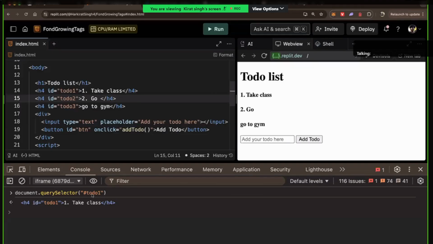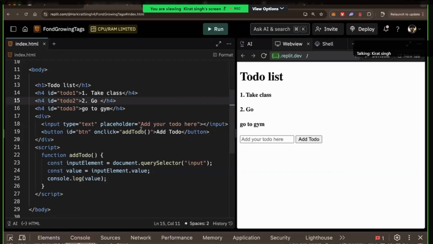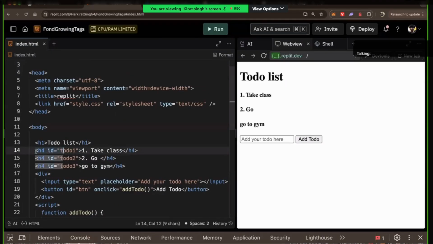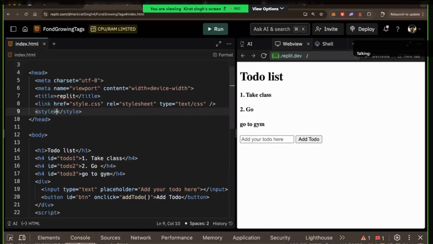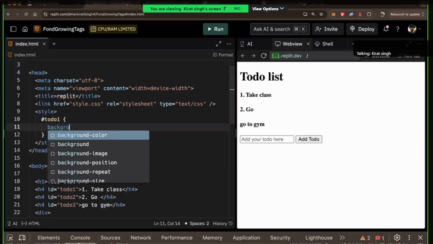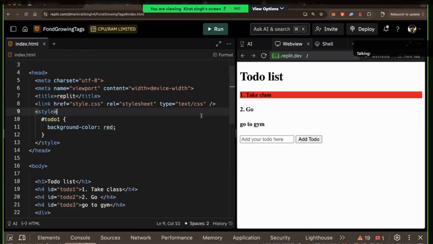What is hashtag todo1? Go back to the CSS class. In CSS, we did something like this, right? Okay, we actually might not have done this in the official class. We have definitely done this in the warm-up videos in week 0. Here, if I want to attach style to this h4 tag, I used to write something like this, a style tag, where I can say hashtag todo1, background color red. If I write this code,